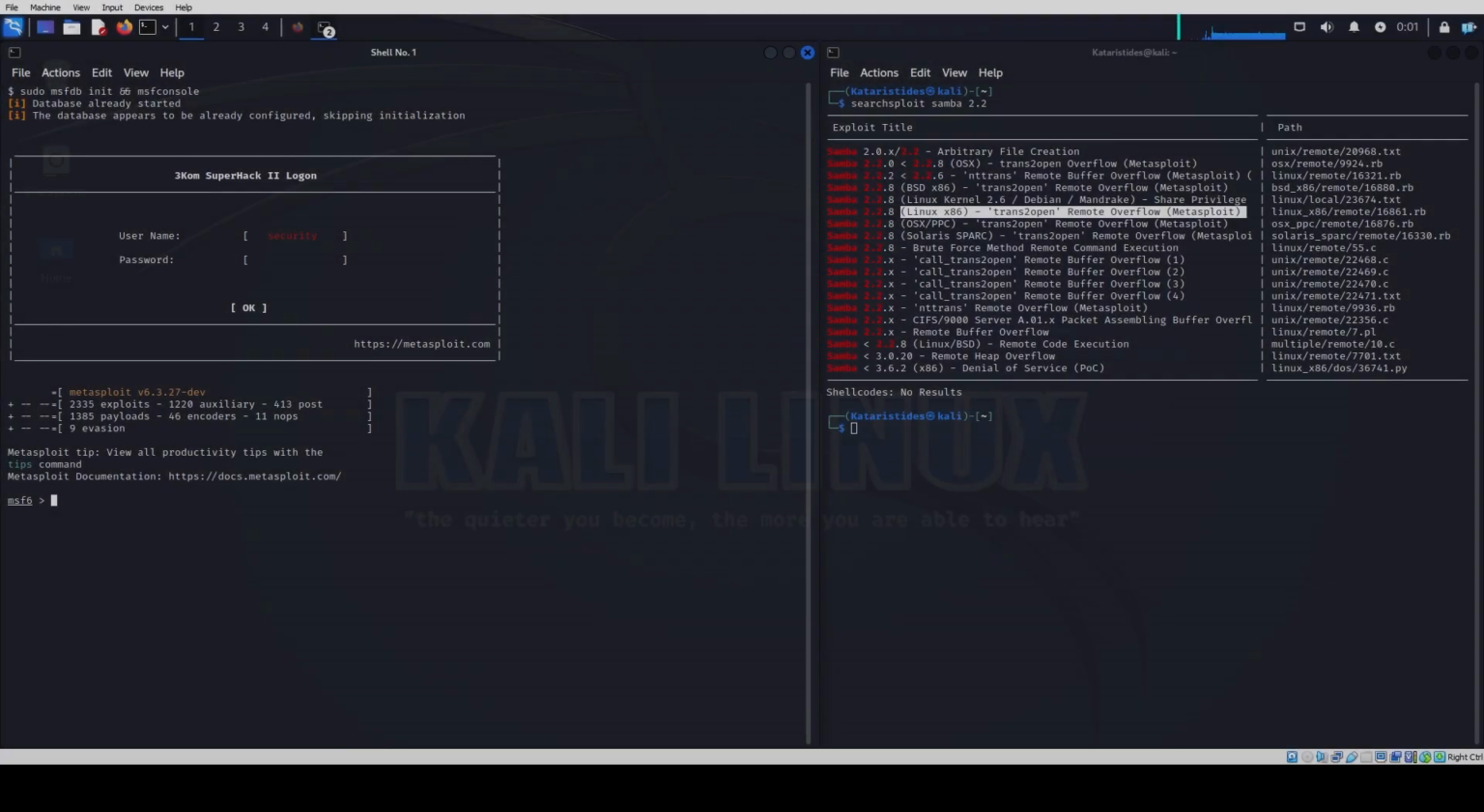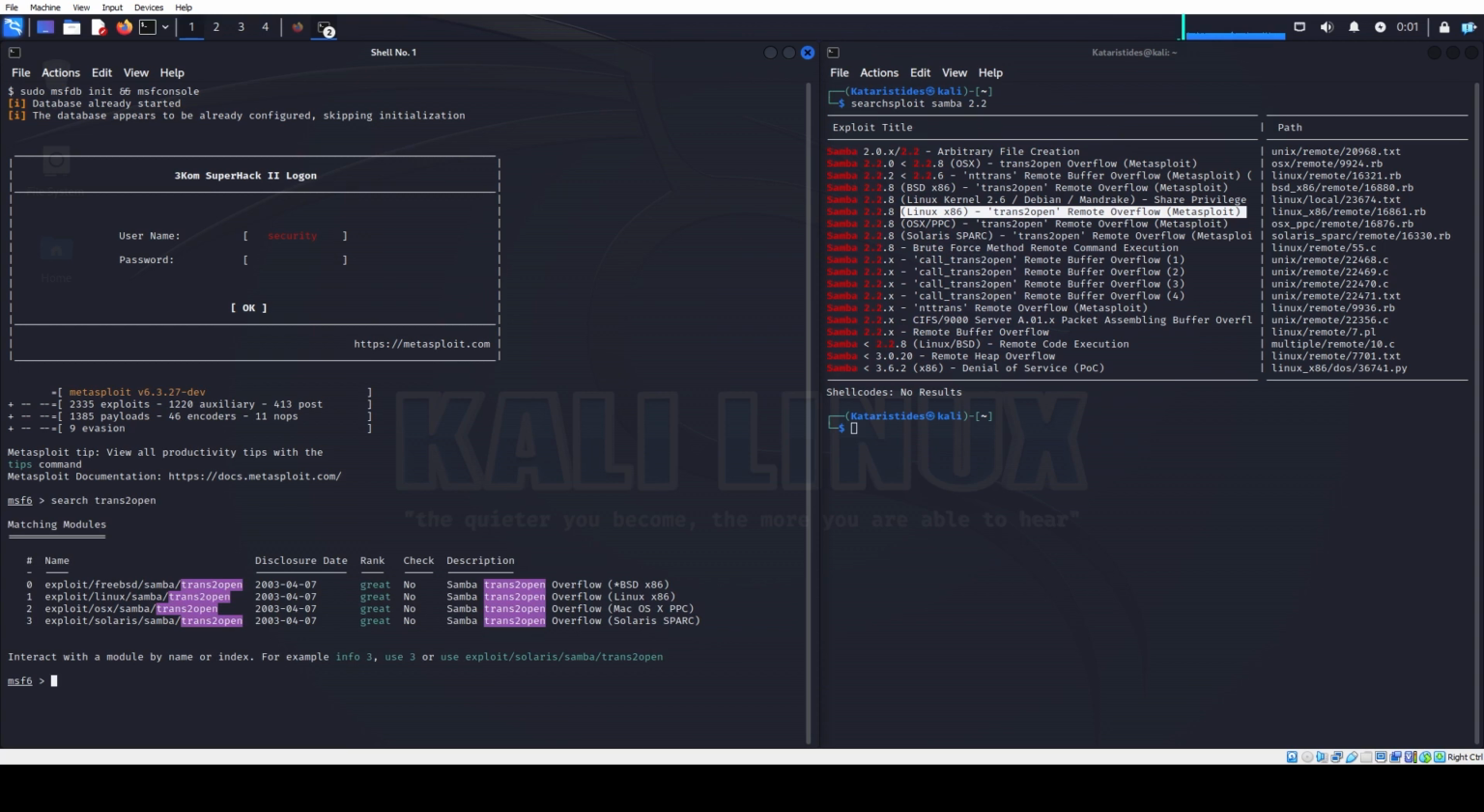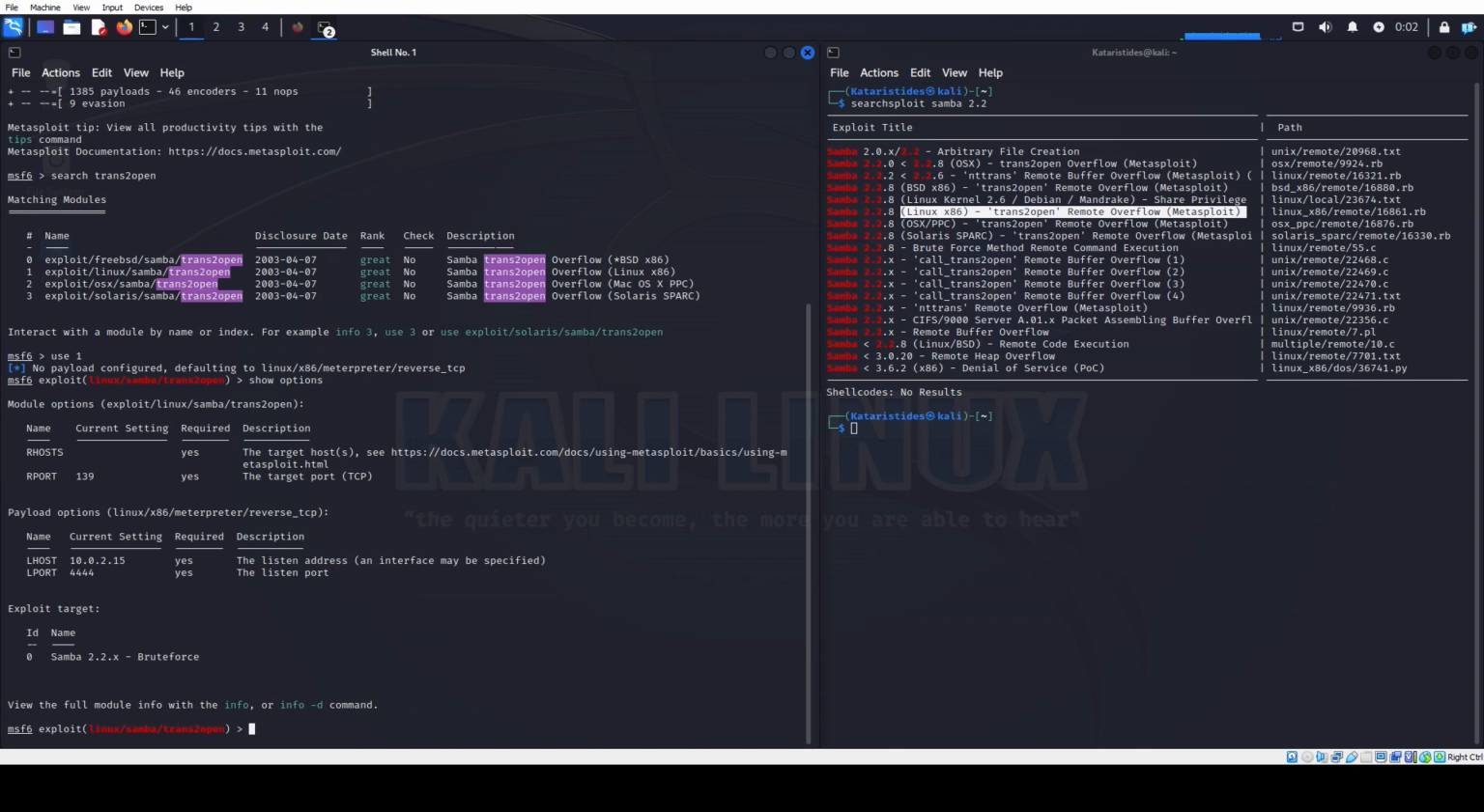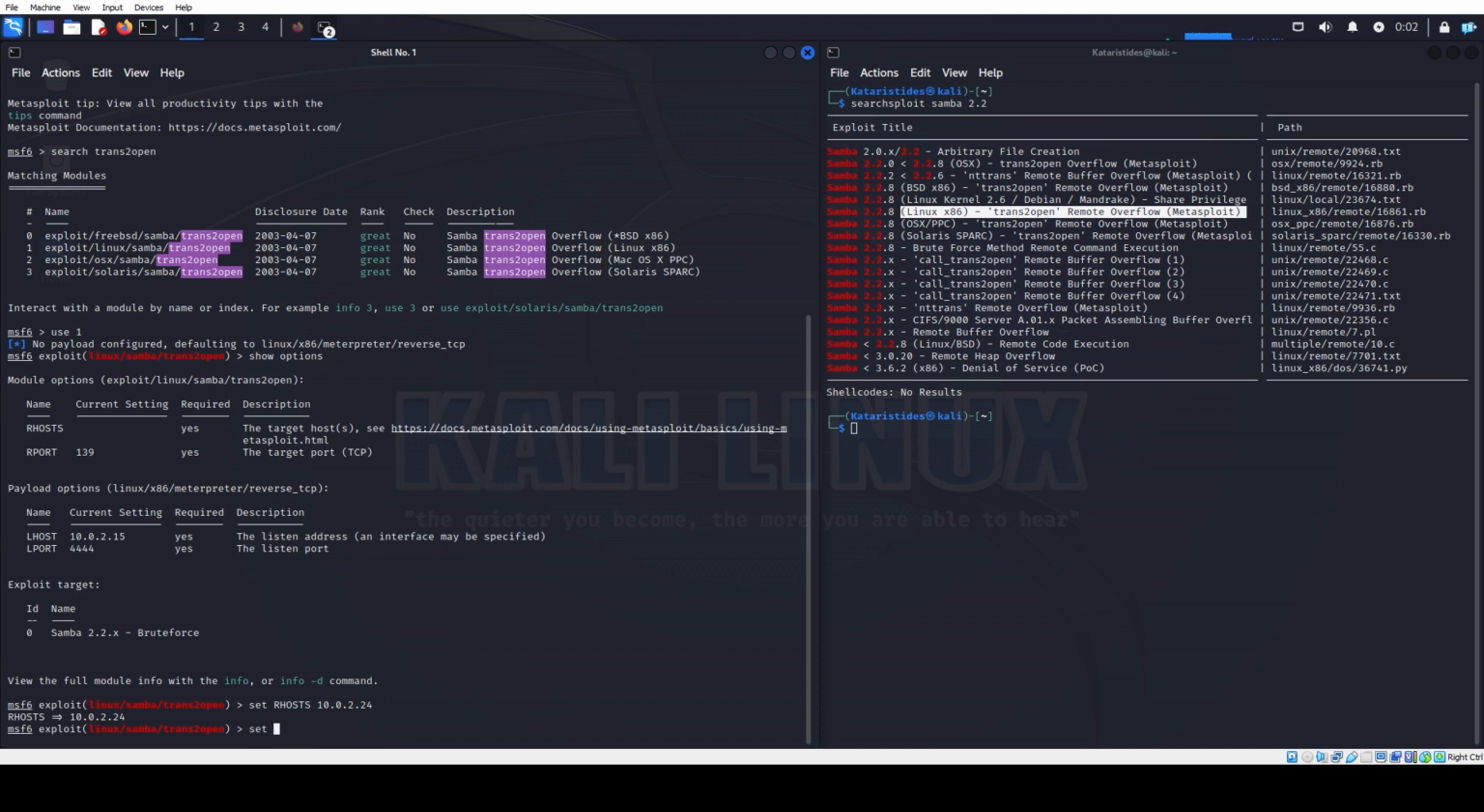Head back to our Metasploit framework and use the search function again, this time searching for trans2open. We are given 4 options, but we want the one for the Linux operating system, so we're going to run the command use 1. Once again, we're going to use the show options command. Change the rhosts to the target machine using the set command, and then we're going to change the payload from the default reverse TCP to